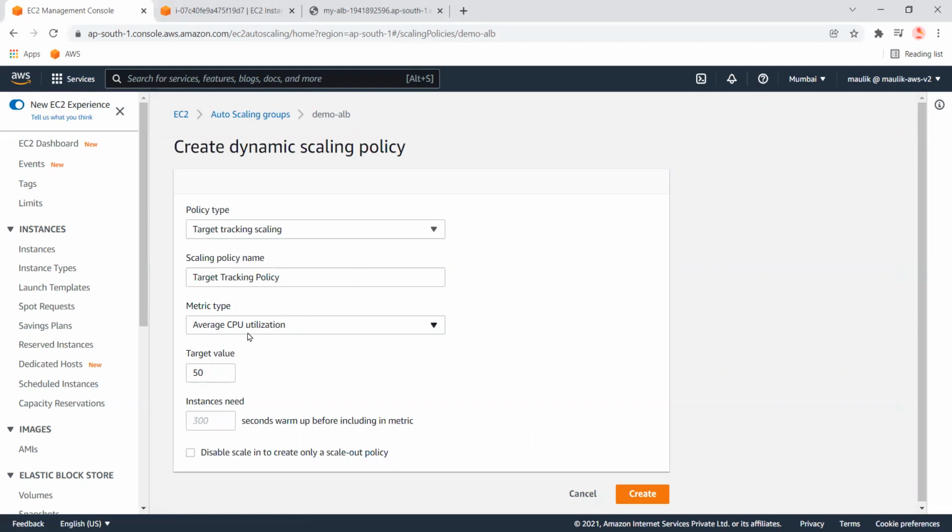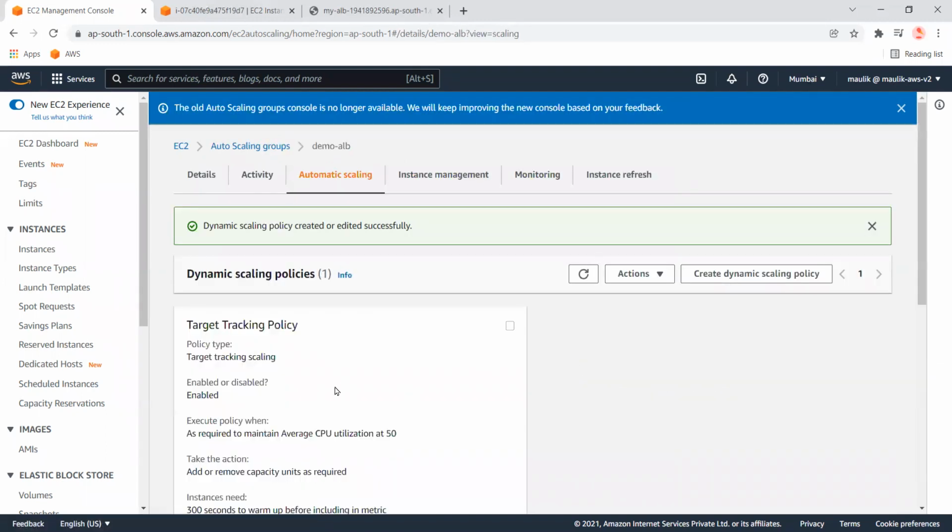We can just put the target over here. If I want to maintain 50% CPU utilization, then it will check the health of the auto scaling group, and if any instance reaches 51 or 60% CPU, it will directly launch another instance. So let's create this policy.